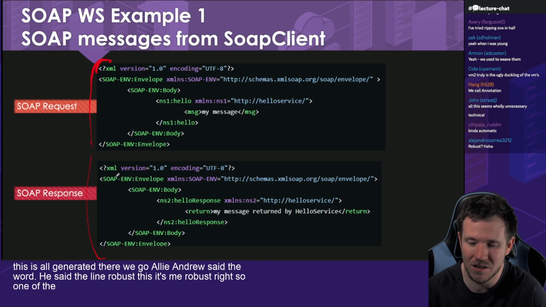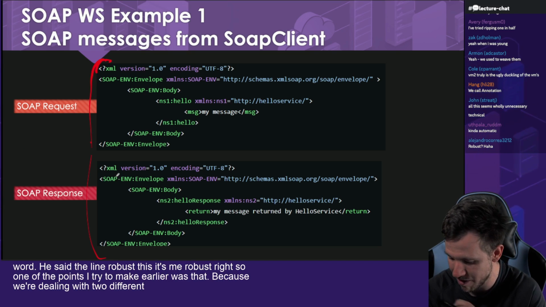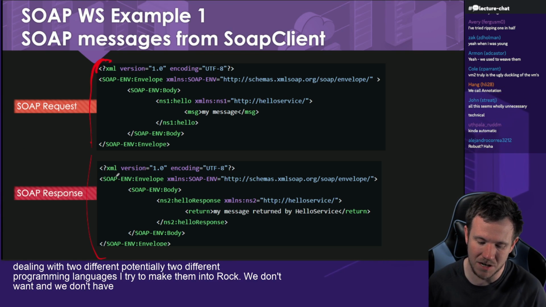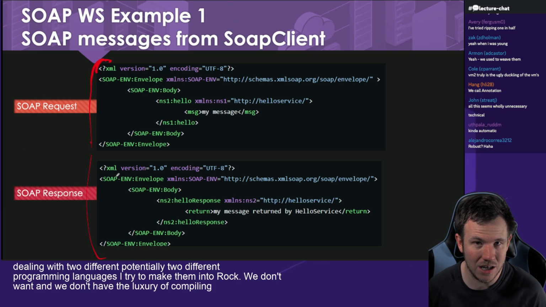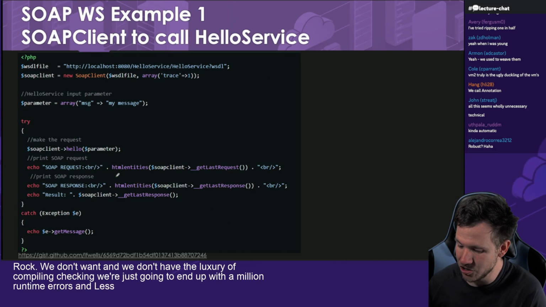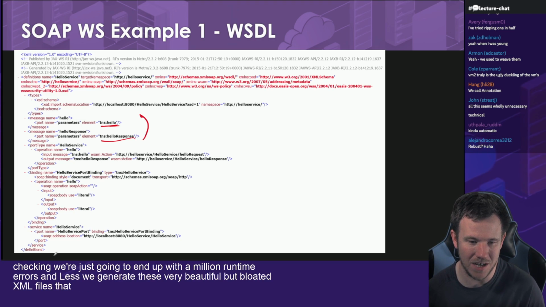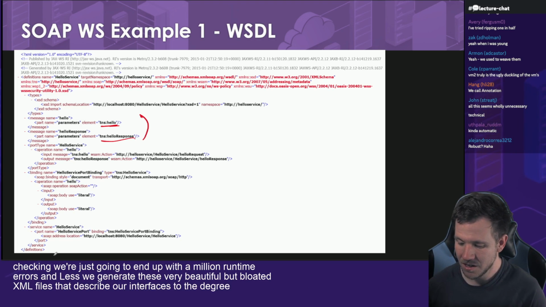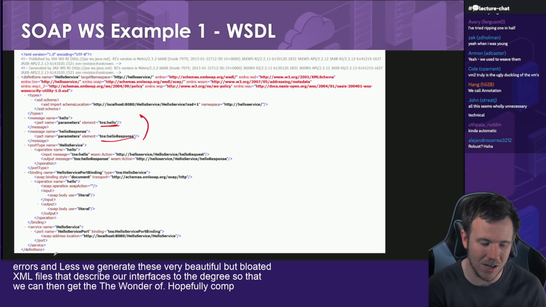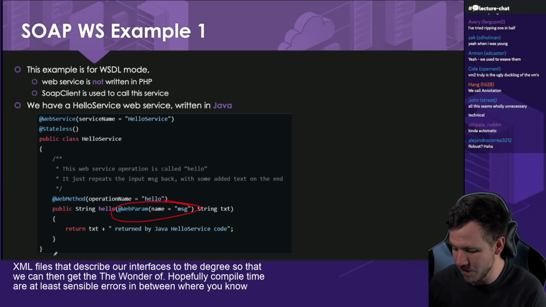Right. So one of the points I tried to make earlier was that because we're dealing with potentially two different programming languages, we're trying to make them interop. We don't have the luxury of compiling and checking. We're just going to end up with a million runtime errors unless we generate these very beautiful but bloated XML files that describe our interfaces to the nth degree, so that we can then get the wonder of hopefully compile time errors, or at least sensible errors in between,